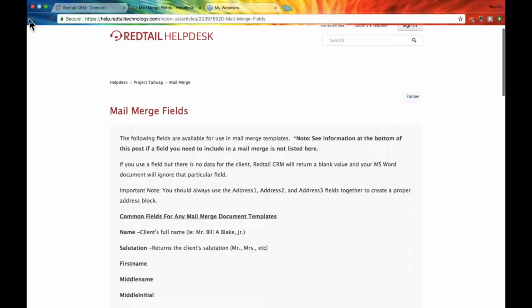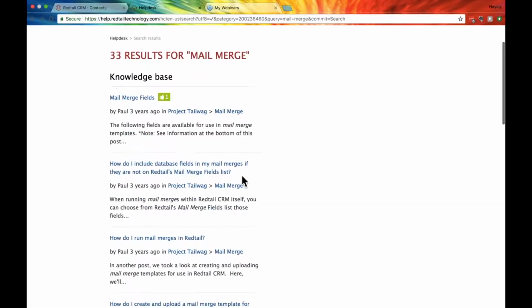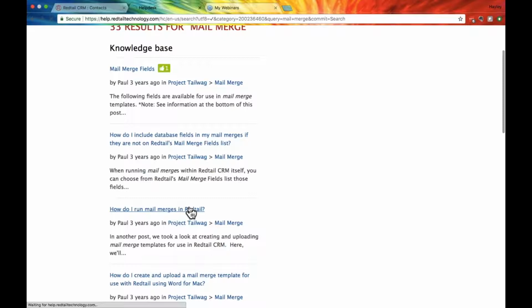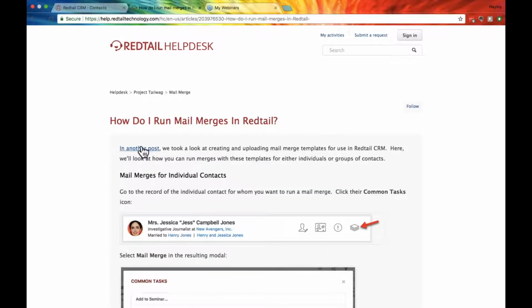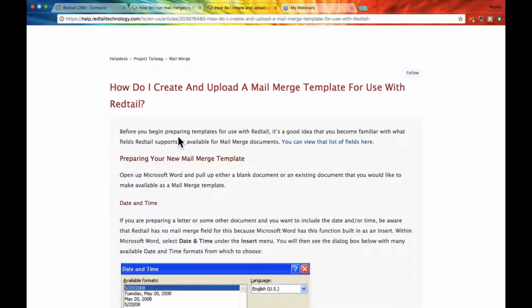This list is super useful, but even before using it, keep in mind that you have to build a template in Word. So we're going to go to how do I run mail merges in Redtail. And this one actually directs us to a post on how to create and upload a mail merge template for use within Redtail. So this link will be directly available on the recorded version of this webinar, or let me know after the webinar and I can send you the direct link as well if you have trouble finding it